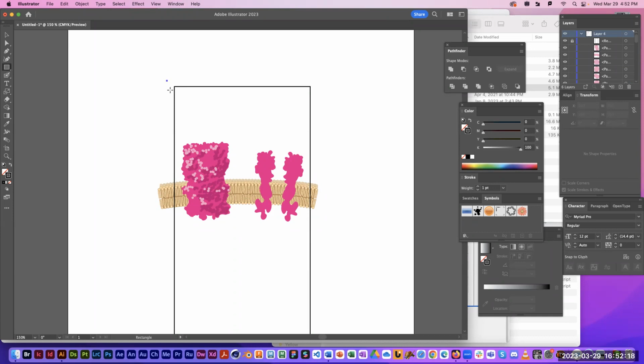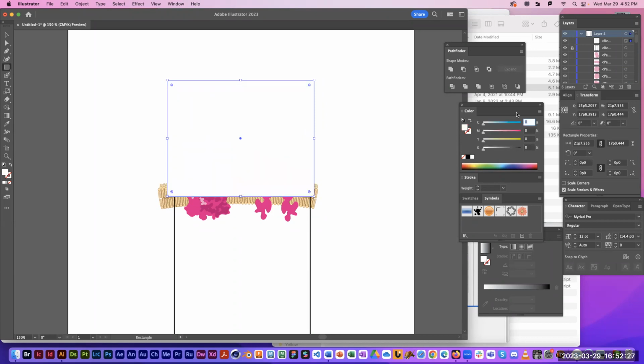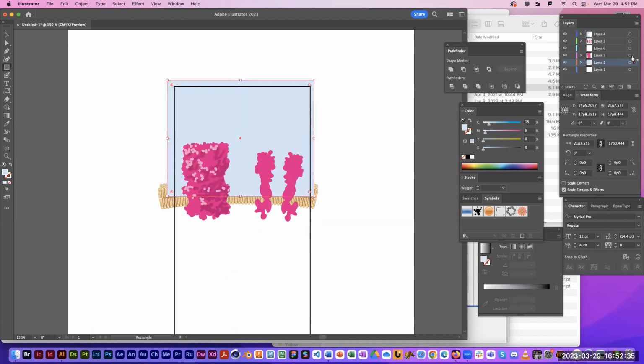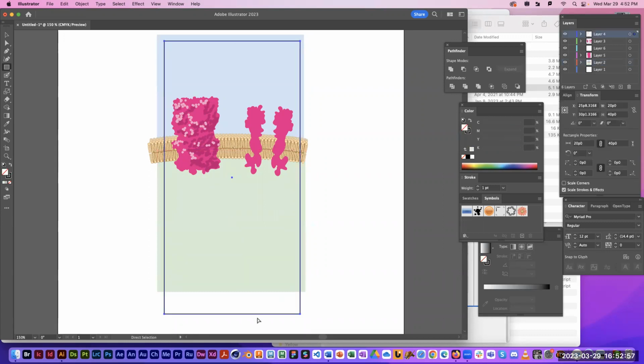You know, I might add a blue background back there behind the membrane. I might have a different color for the cytoplasm, like I showed before. Maybe use a green for the cytoplasm. And then very last step